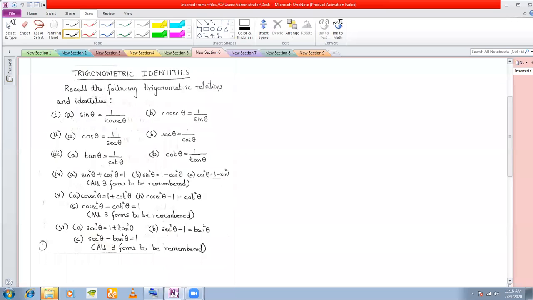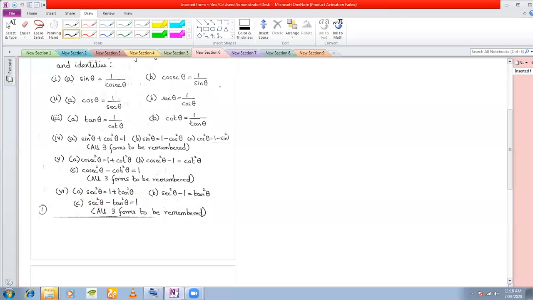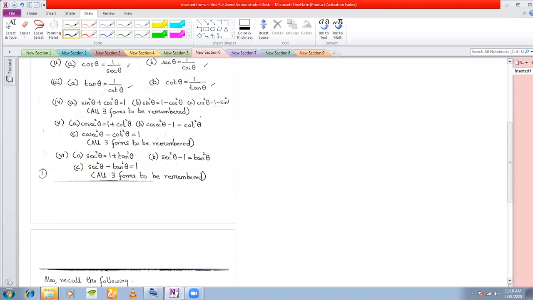Okay. Let me just introduce you to trigonometric identities till then. Trigonometric identities, you already know these formulas. Sine and cosec are reciprocal of each other, cos and sec are reciprocal of each other, tan and cot are reciprocal of each other. All these formulas we have done in class 9. Besides, these square relations we have done. Sine square theta plus cos square theta is equal to 1. And from this come the other two forms, which you had better remember, where you have to express sine in terms of cos and cos in terms of sine.